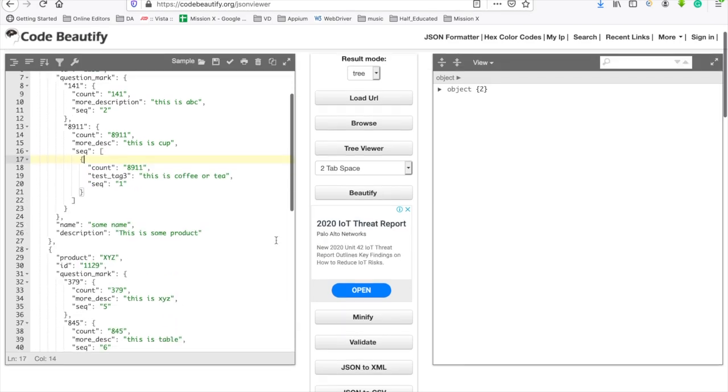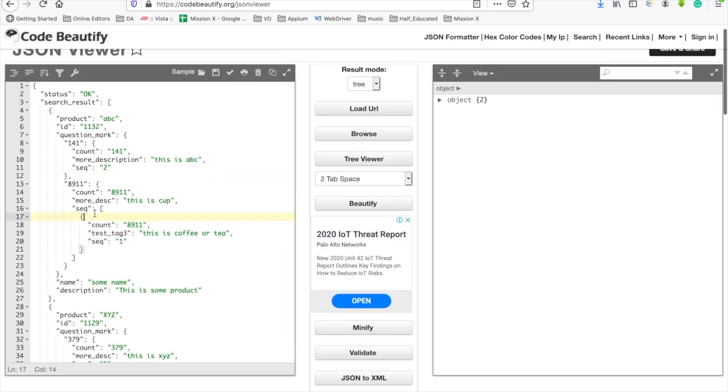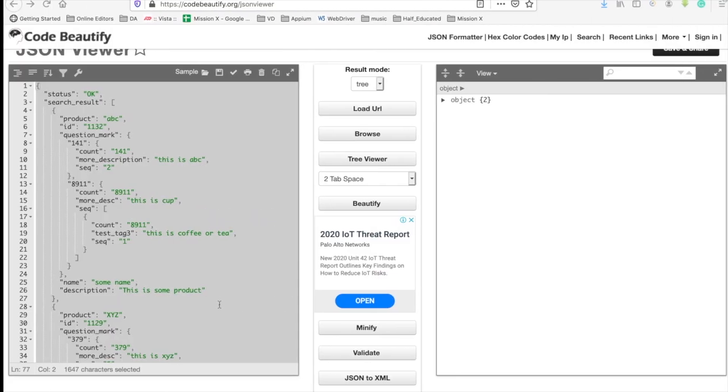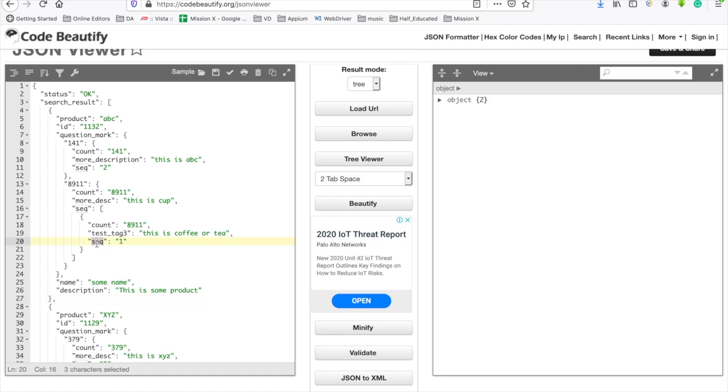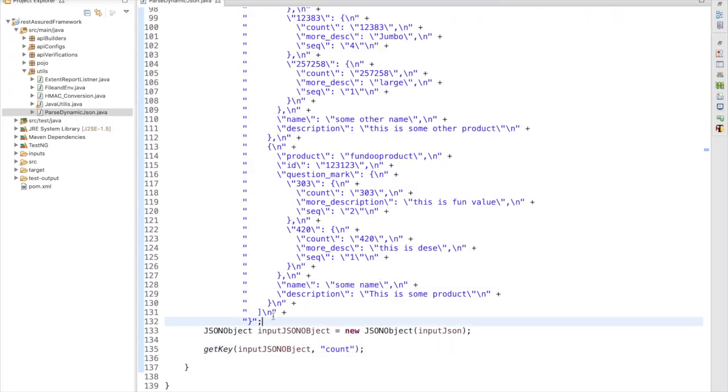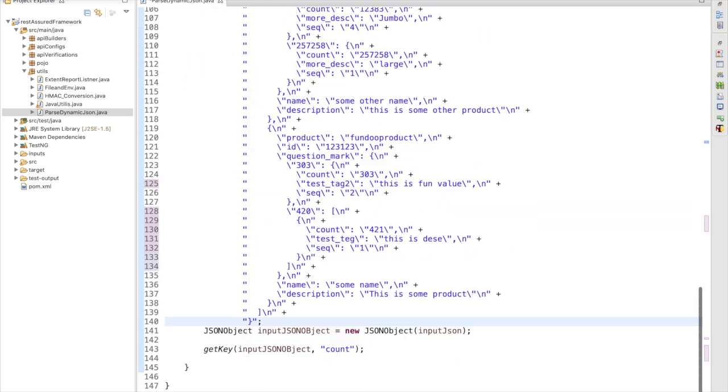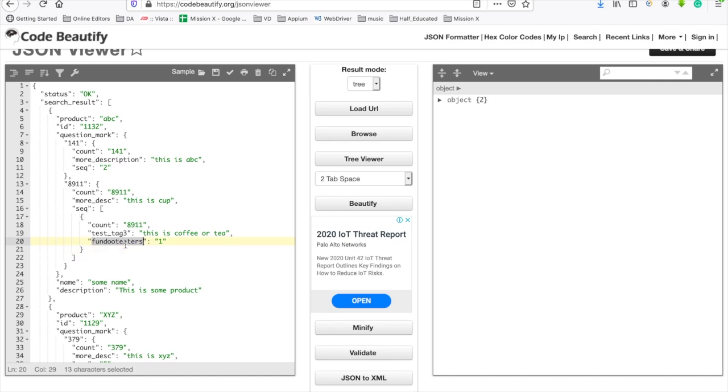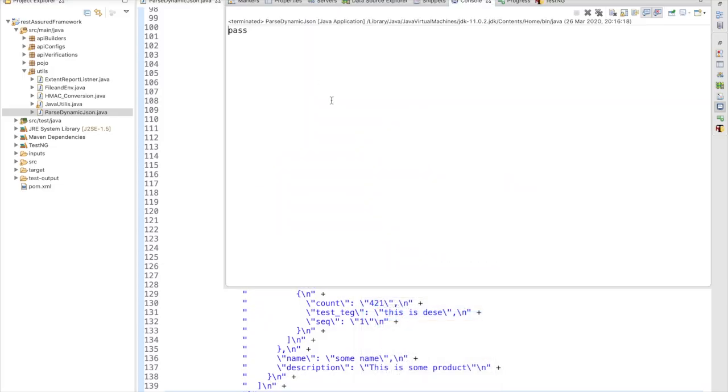Now let's say I have added one more. Inside this, as discussed, I have added a JSON array. Inside, again, I have added one more JSON object, and this is a unique key. Before that, let's say I am going to update this key value. Let's say I update it to Fundu tester, and I am going to use this. So let me remove this, and I am going to grab this value. It will give me the string pass. Yes, pass. We are getting the same value.